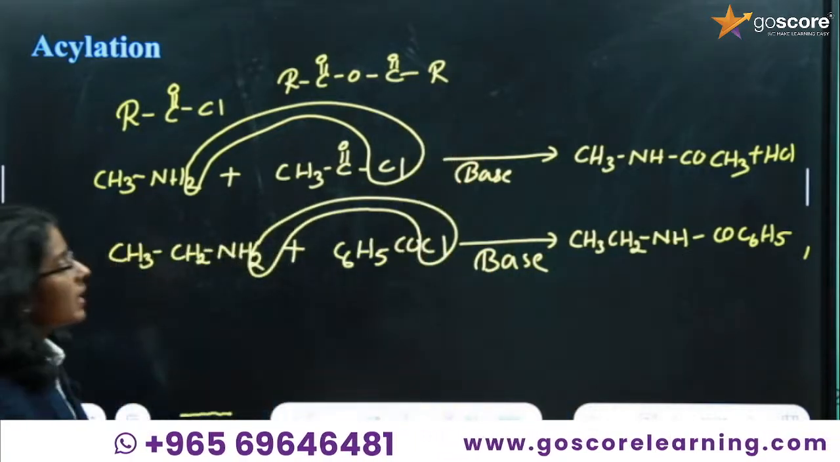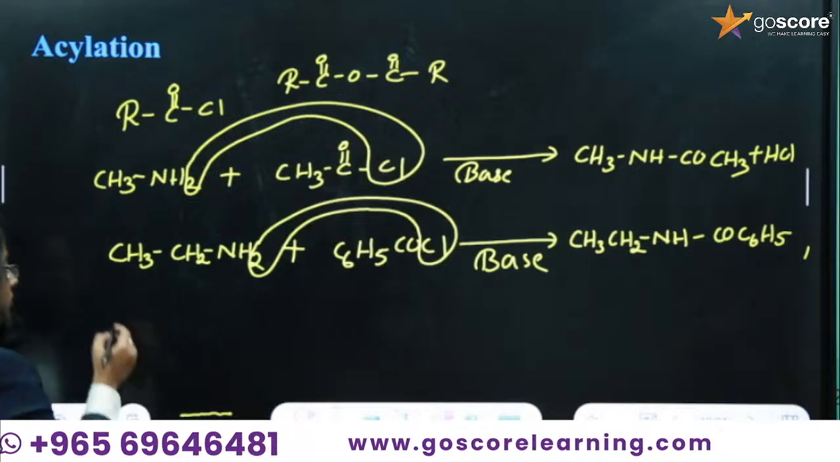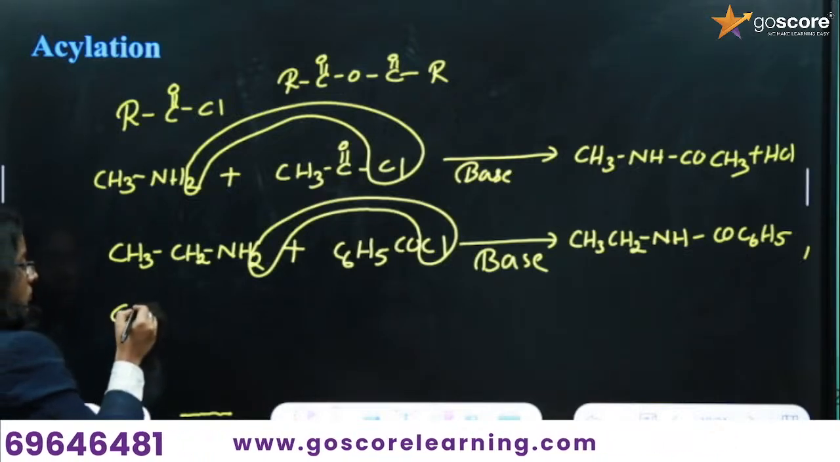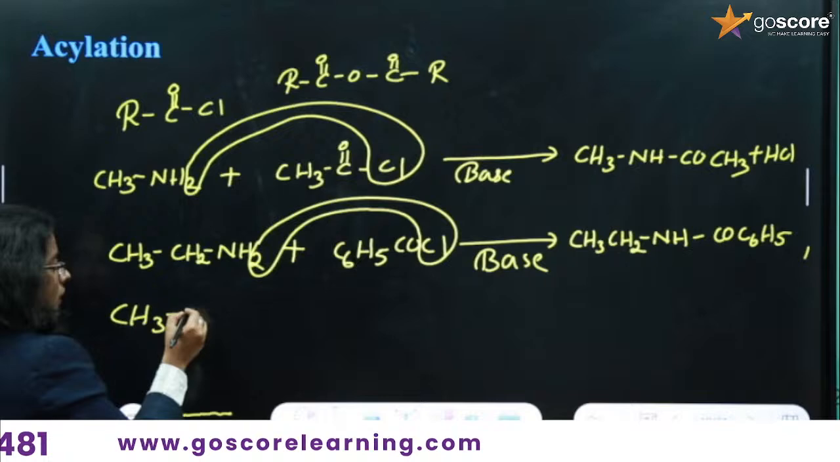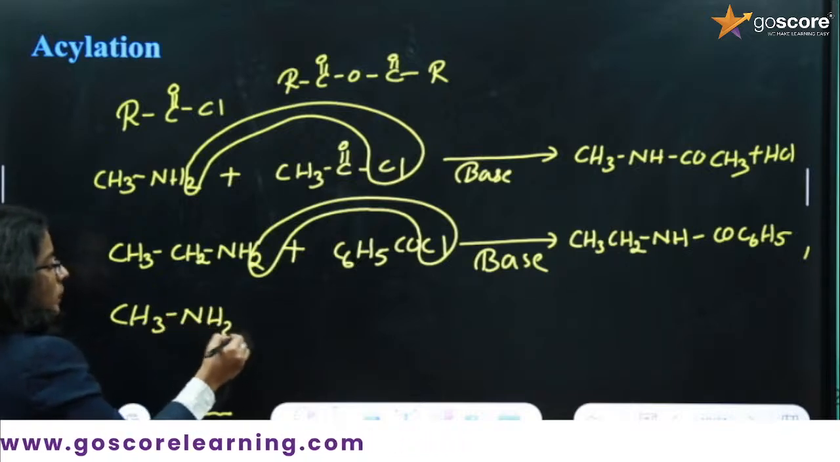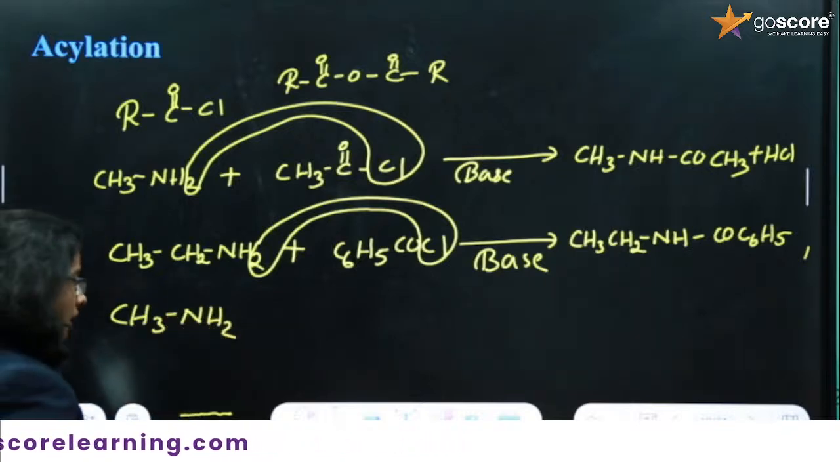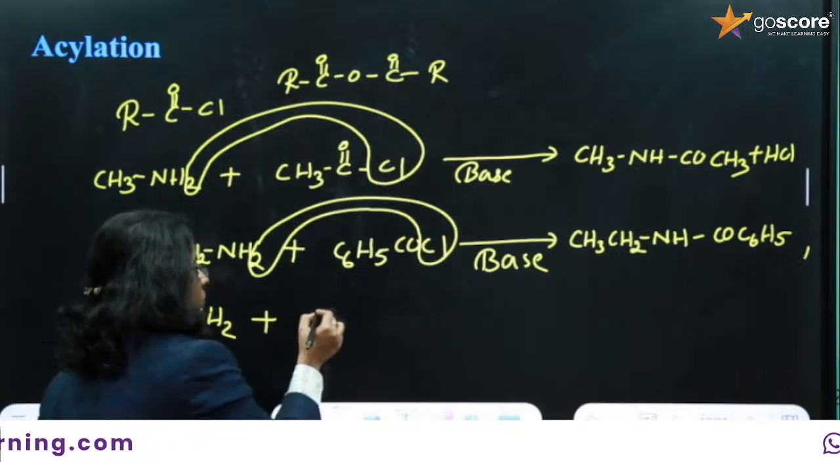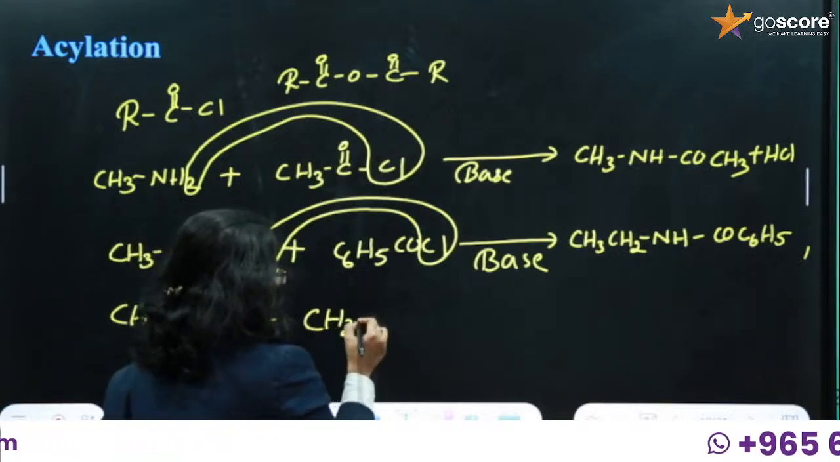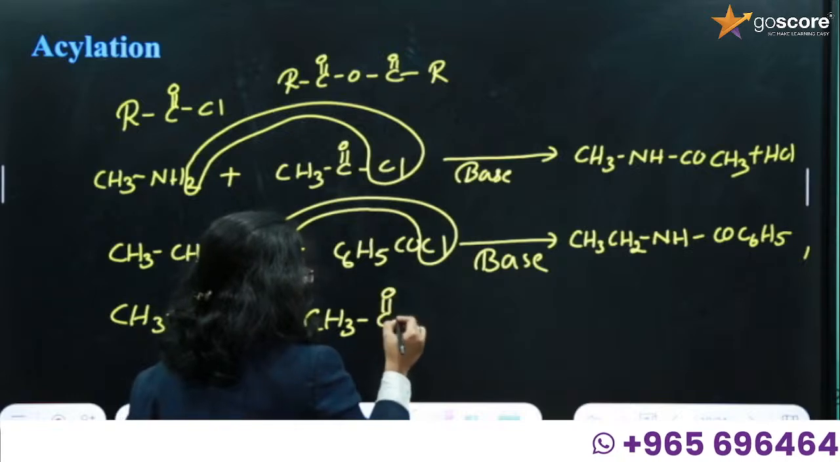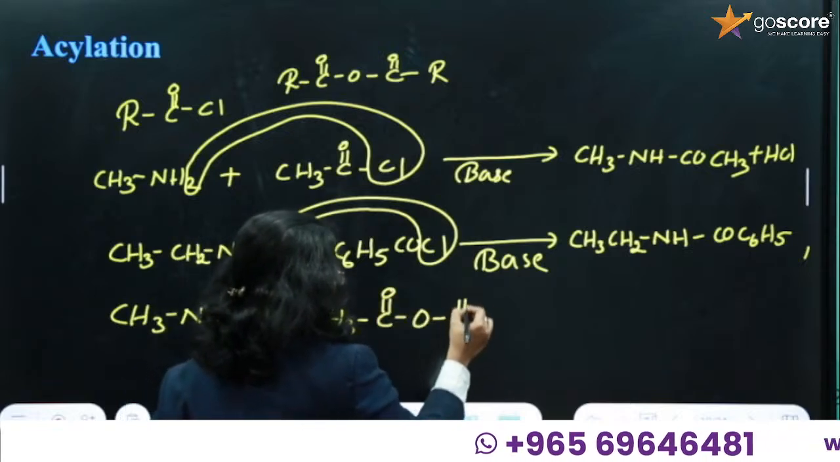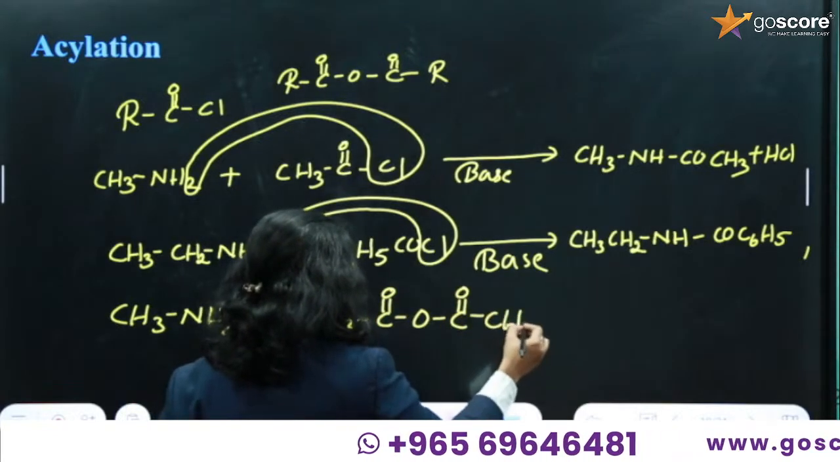General formula of acetic anhydride. Okay. CH3NH2. What is this? What is the IUPAC name of this one? Methanamide. This methanamide on treating with acetic anhydride, that is CH3C double bond O, O, C double bond O, CH3,